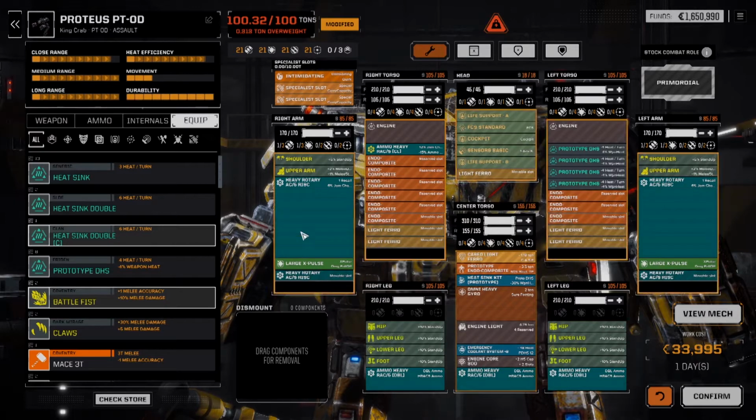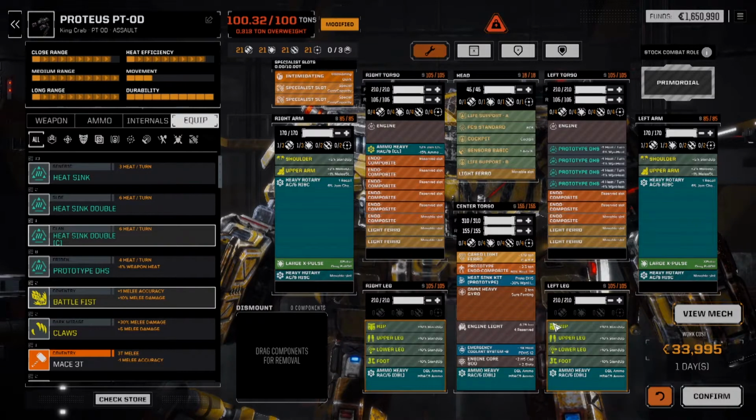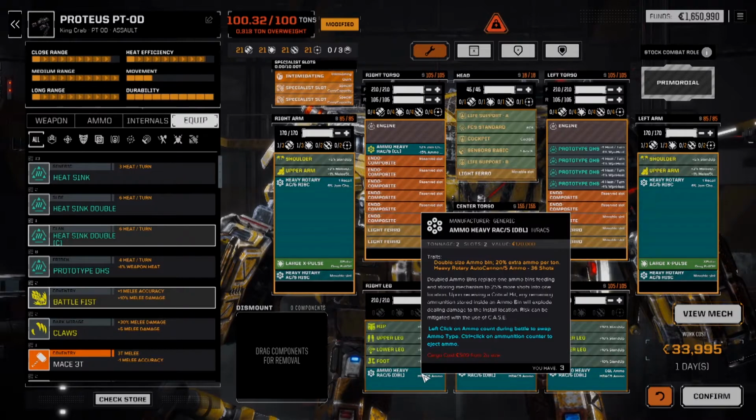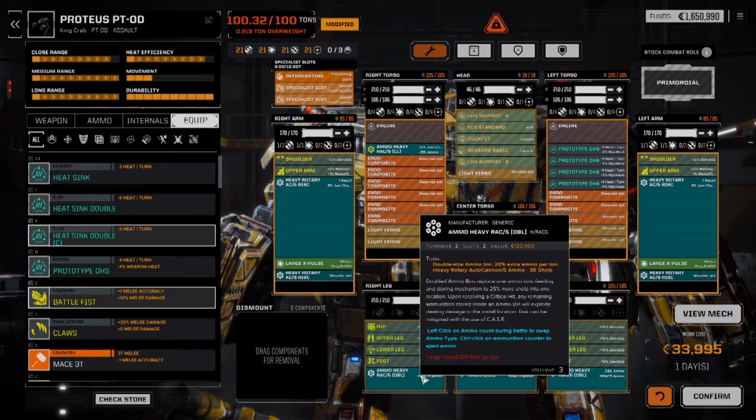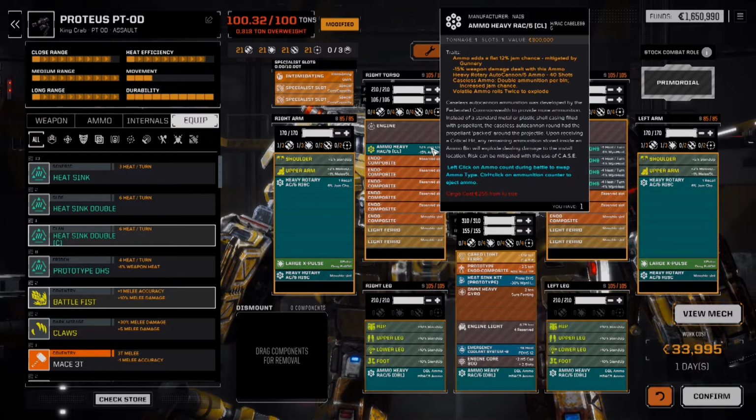So we've got 2 large X pulses, 2 heavy rack 5s. Let's see, each one of these is 6 full charge shots per rack. So that gives us 9 plus the caseless. Now, if we look at the caseless,